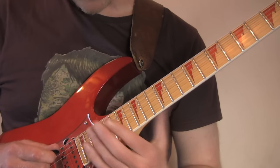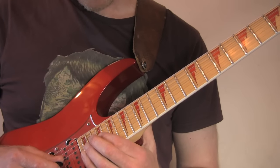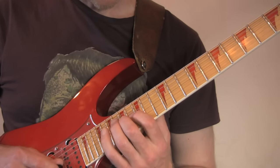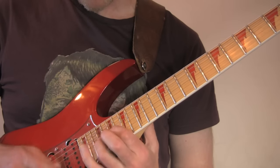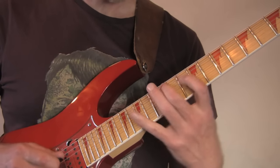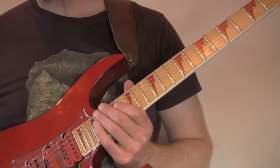And from here again I connect everything with some bends and stuff like that, and then I just play an alternate picking sequenced idea through the scale. And then the rest of it is pretty much improvised. I believe I do end in a D dominant arpeggio as well, but it's a cool little thing